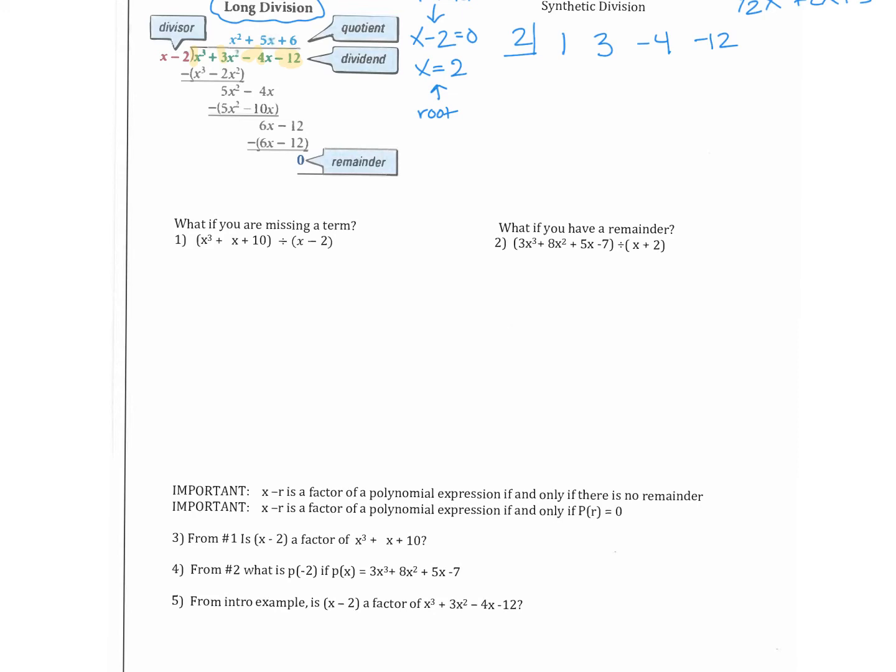So back to this. To start off synthetic division, you just bring down your first number. It's a pattern, so I'm going to bring down a 1. And now you multiply. 1 times my 2 that's inside my backwards L is 2. So now I add, and I get 5. Again, I'm going to multiply by my 2, and I get 10. I'm going to add, and I'm going to get 6. Again, I'm going to multiply by that 2, and I'm going to get 12, and I'm going to add. Lots of times, I'm going to get a 0 here. This is my remainder,